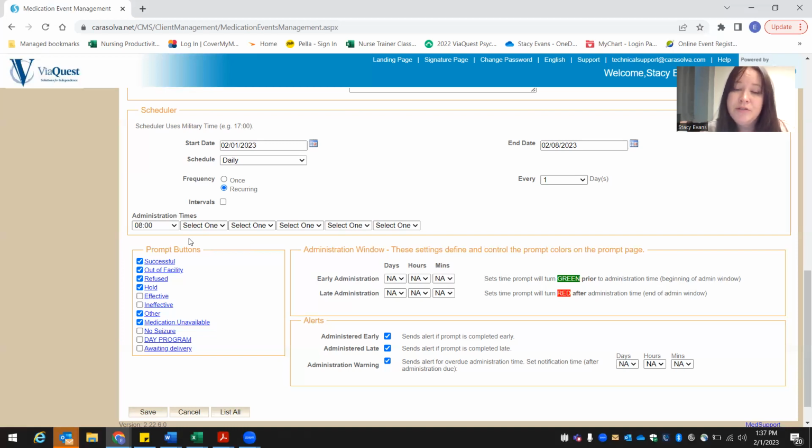If it was refused, they would select refused. Again, they would just want to follow their policy with refusals. One refusal does not mean that the client no longer gets that medication. They'll want to go ahead and utilize that hour before and hour after if possible. If it was refused, they would then select refuse, and it would again pop up a box, and they would want to type in client Joe refused medication 15 times, asked, stated didn't want to take the medication, or whatever the situation was. They would put that in there so that it's documented